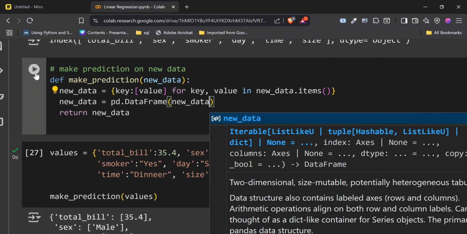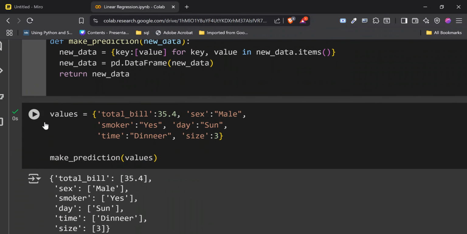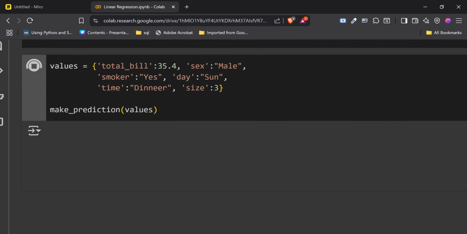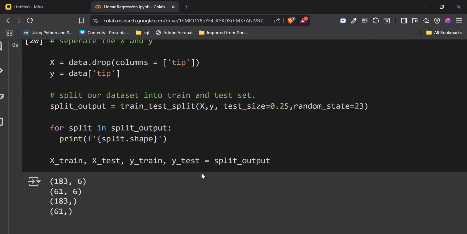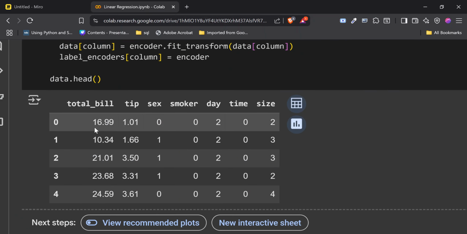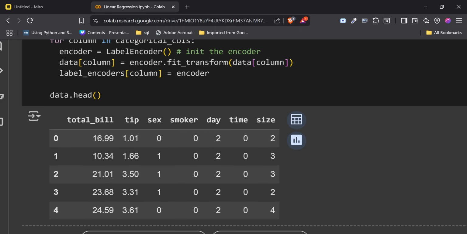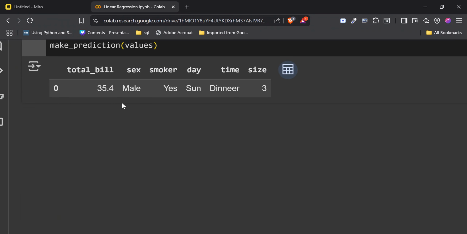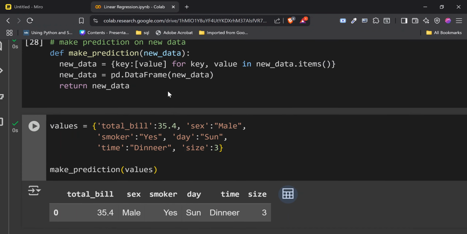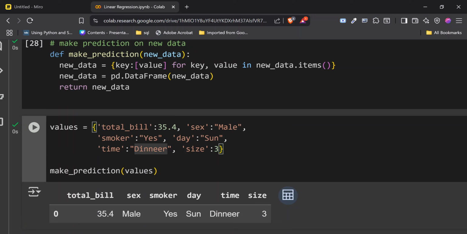So again, if I run this and run this, we now get the data frame, unless there's an error. So we have a data frame now. The information that we accept from the user has been turned into a data frame, which looks like the original data. Sorry, Dinner should be just Dinner like this.